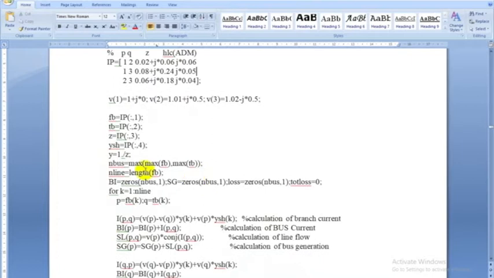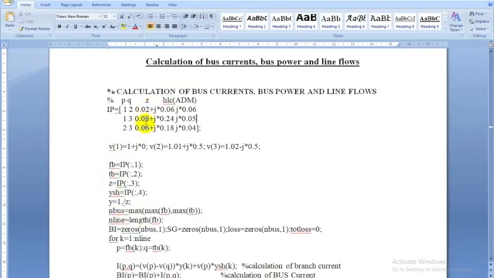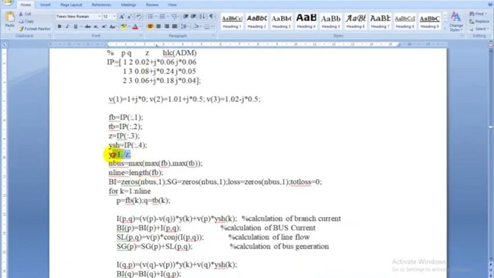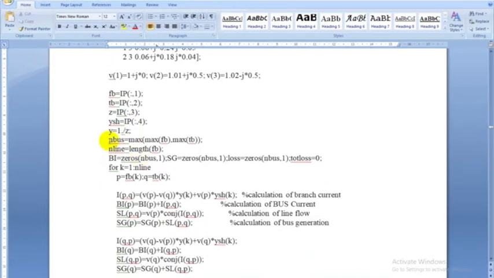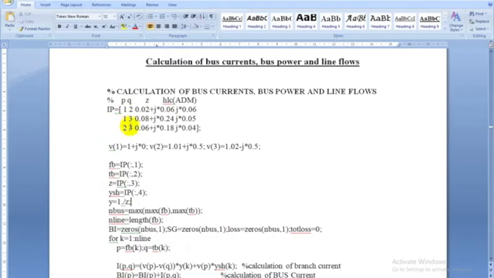After this, we have to convert the line impedance to line admittance, that is done here: 1 divided by Z. The dot is given because of array division. The number of buses is 3. How do you come to know? Because of 1, 2, 1, 3, 2, 3, the largest number is 3.